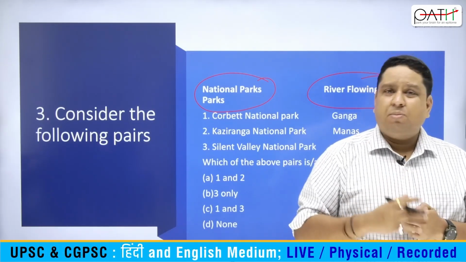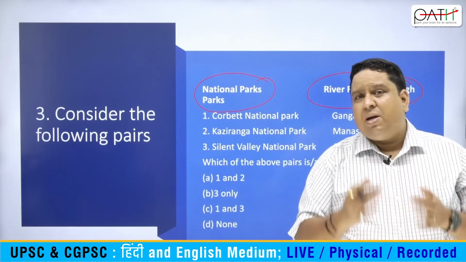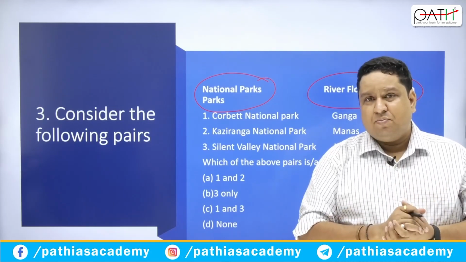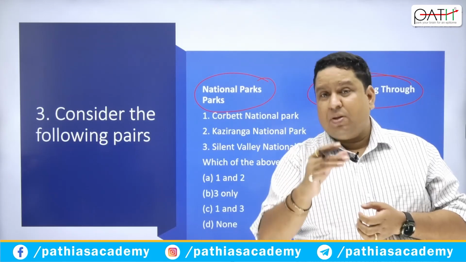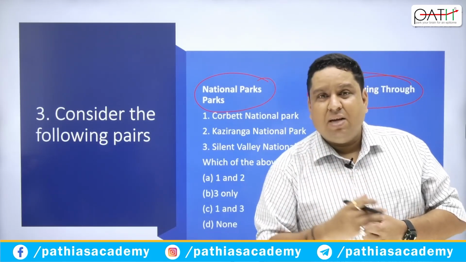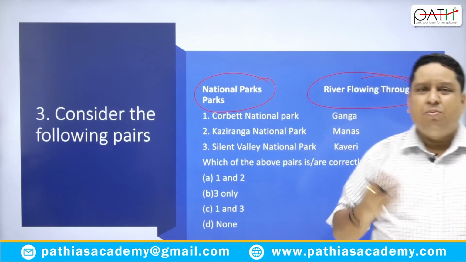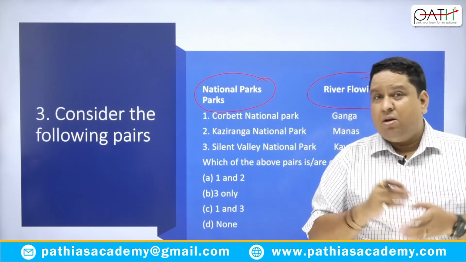Let's say, for example, Sabarimala temple was in news from the last 3-4 years. The Sabarimala temple is located on the bank of which river? You should be very clear with that thing. It is located in which mountain range? Even that should be clear in your mind. And at the same time, obviously, the concerned state. Concerned state is not a big problem for the students because they are aware of this thing. But when it comes to the river part,